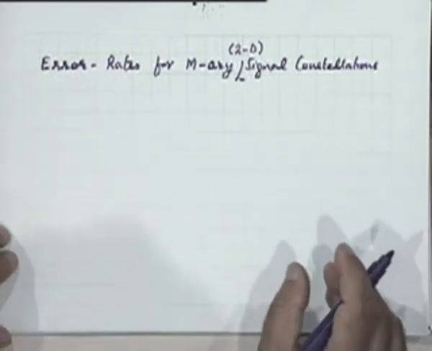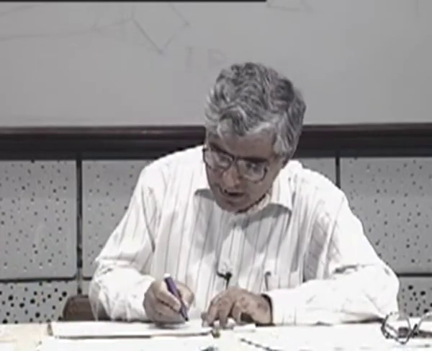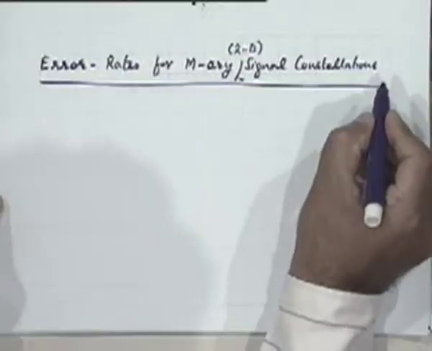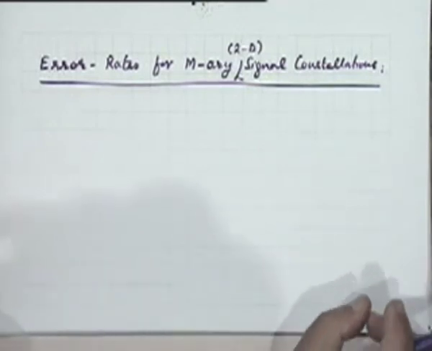under control. Whereas in an orthogonal signaling scheme, one has to necessarily design a group of waveforms which are orthogonal. So more than one pulse shape is involved. In fact, M pulse shapes are involved, and the combined average bandwidth of all these M pulse shapes will be quite large. In fact, that is a price which may be at times very difficult to pay. That is the reason that you will find very rarely M-ary orthogonal schemes for very large values of M under practical use. Although theoretically they are of great significance.